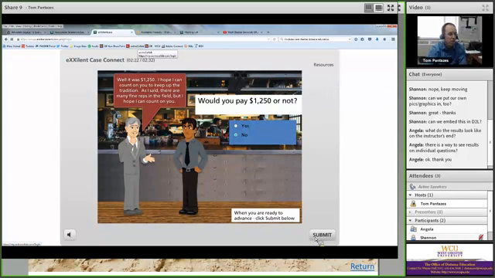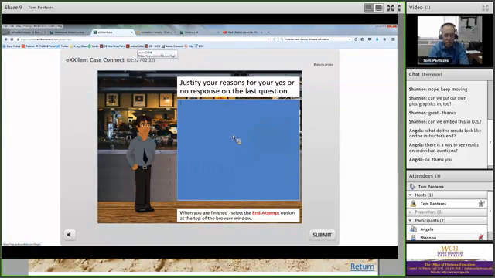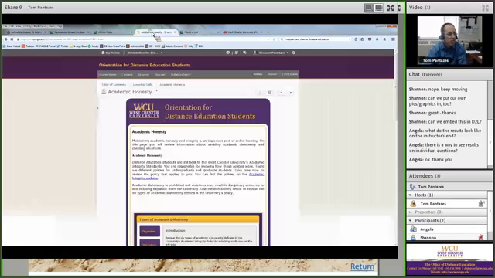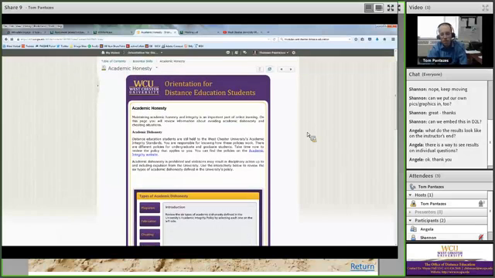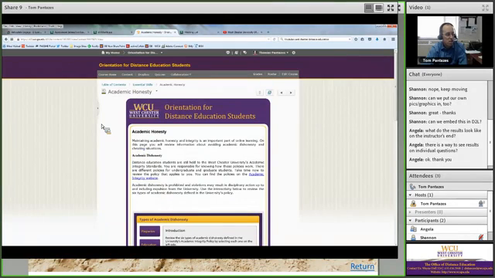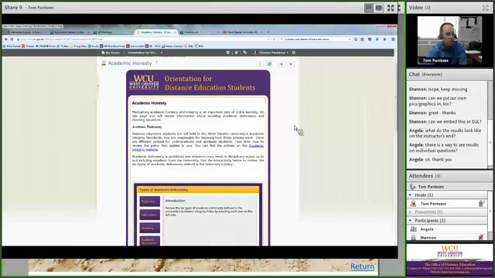next component. And then it asks students to explain what was going on, and they can submit and they would be finished. So that's kind of one example. And then here's another example, and this gets to the question that you expressed about, can you embed them directly into Desire to Learn? So I'm in Desire to Learn right now in our orientation for distance education students, and